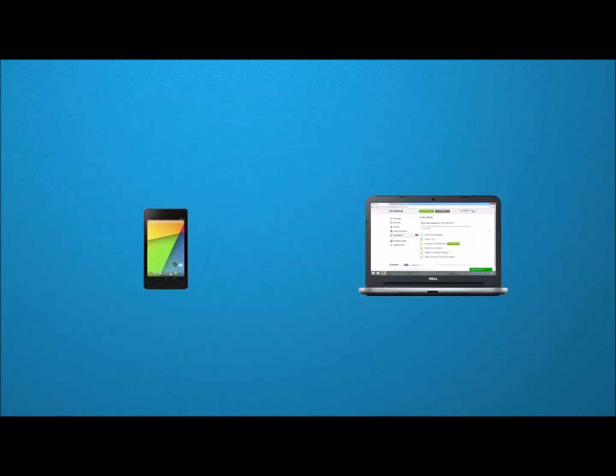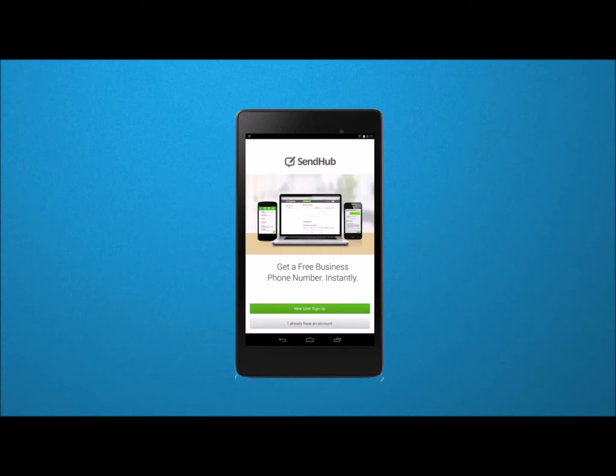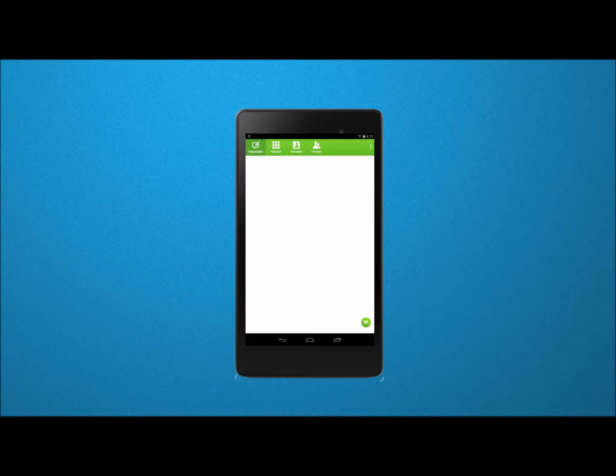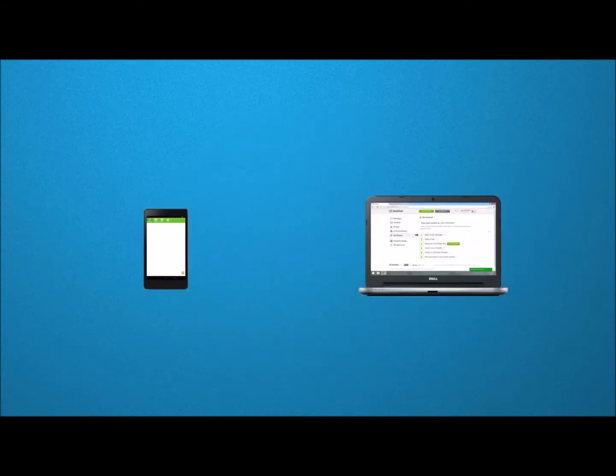At this point, you have to install the SendHub application on your tablet. You can download the application from Play Store if you're in a supported country. And if you're not in a supported country, then download it outside the Play Store and open it. Tap on I already have an account. Type in your SendHub number and password. And tap on Log In. And finally,